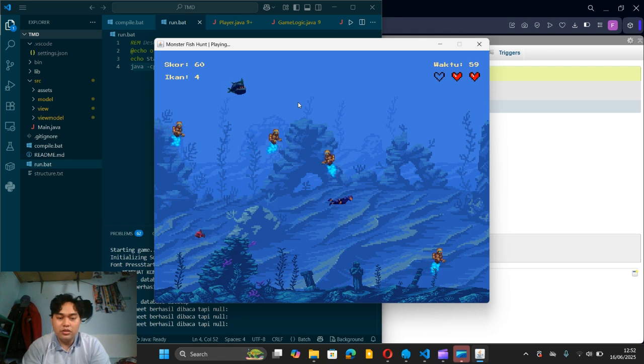There are also ghosts like this. This is the obstacle of the game. You need to avoid this. You cannot reel it in with the harpoon. But if you touch it, your heart will be reduced. The game will end when your time runs out or you lose all your hearts.